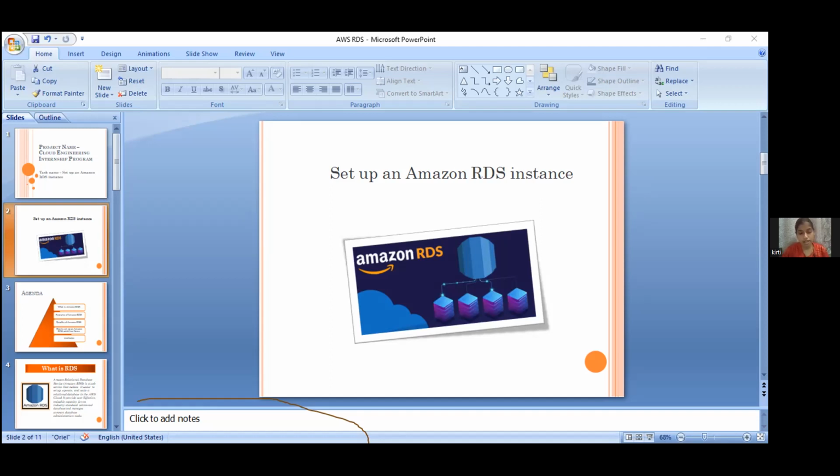And last is MariaDB. MariaDB was created by the original creators of MySQL, and it is very popular for creating PHP based applications. All versions of MariaDB are covered by Amazon RDS.